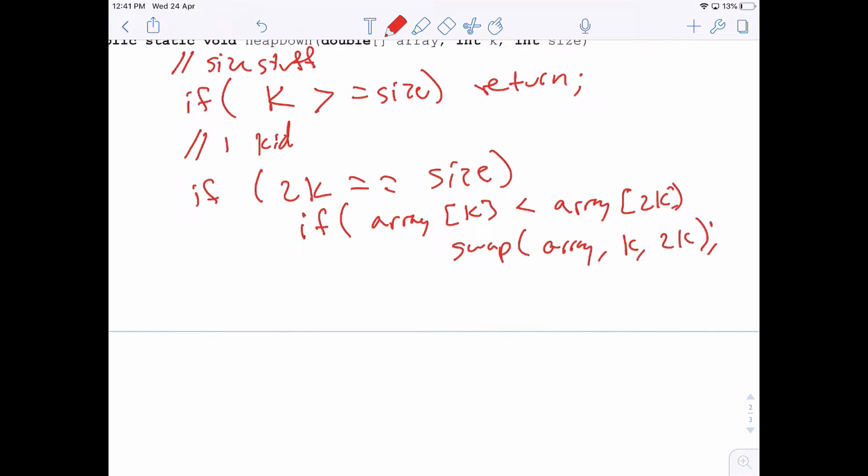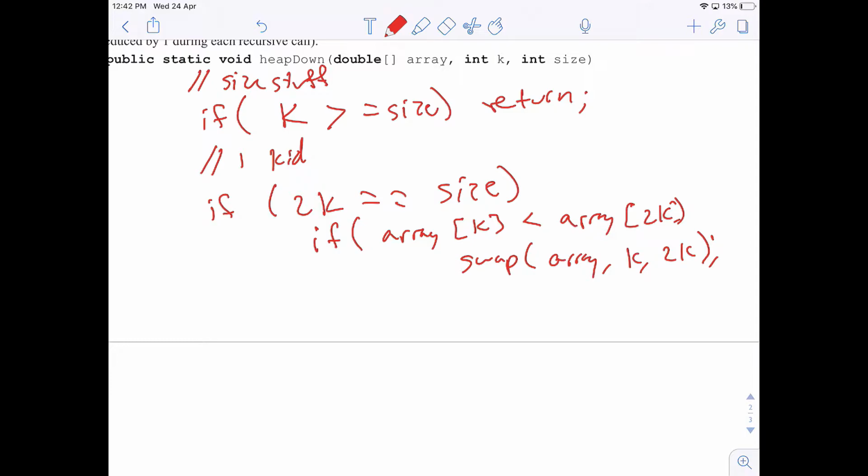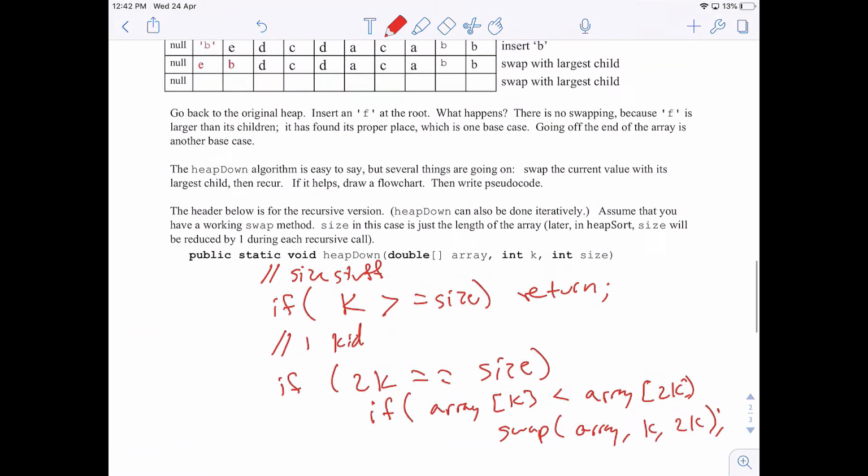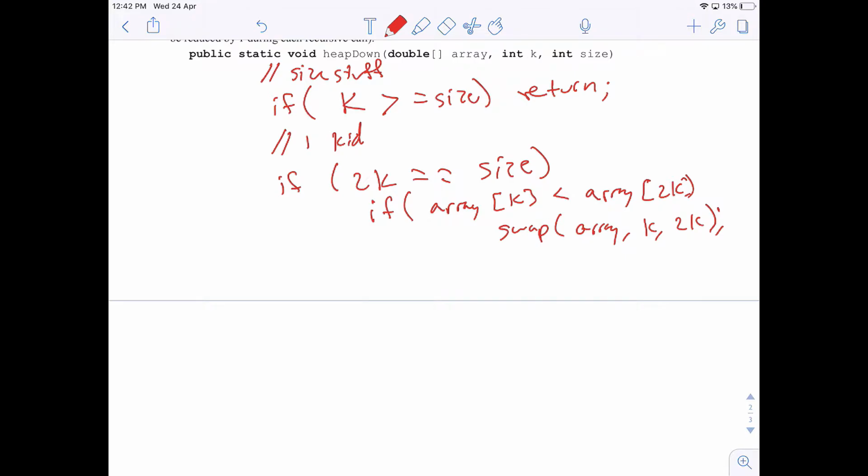Right? Why is it equal, not smaller? Well, if it was equal, we don't need to swap. They're the same. I mean, like 2K in size. Why is it equal to size, not smaller? I'm going to code 2 kids down here. 2 kids. So else,